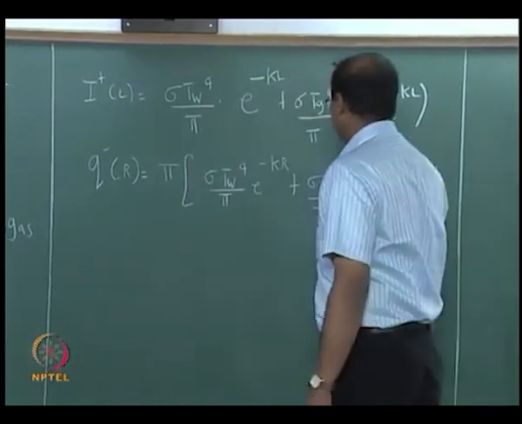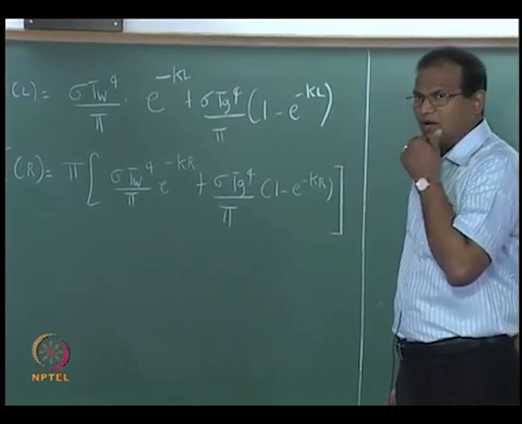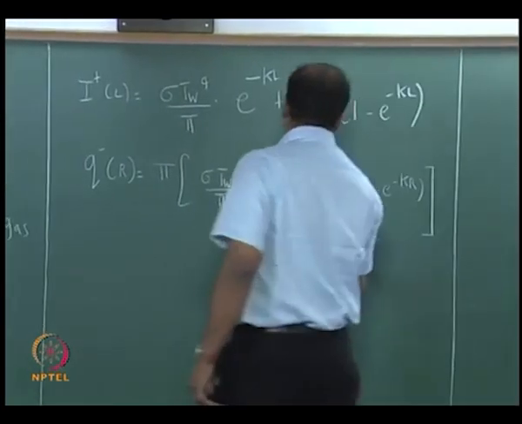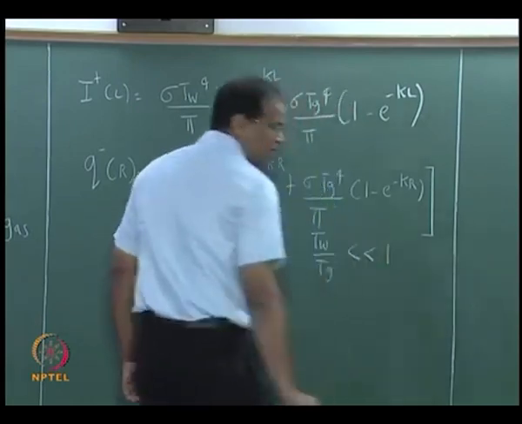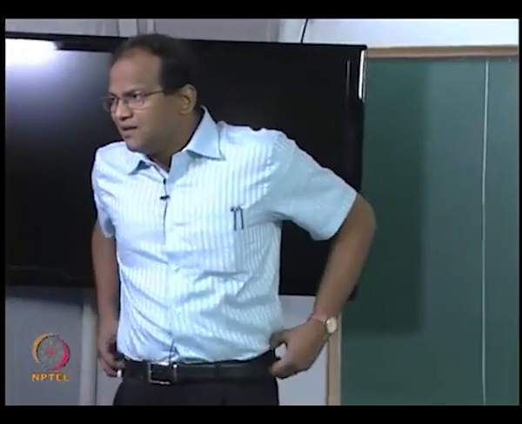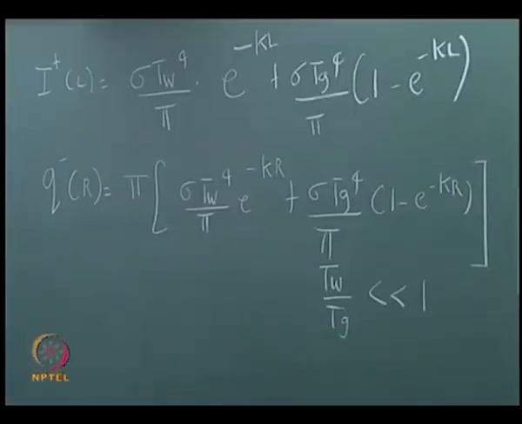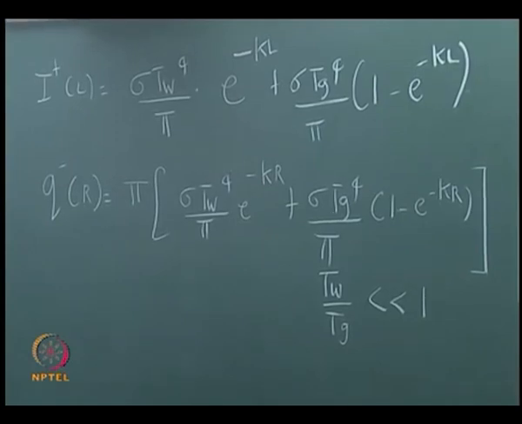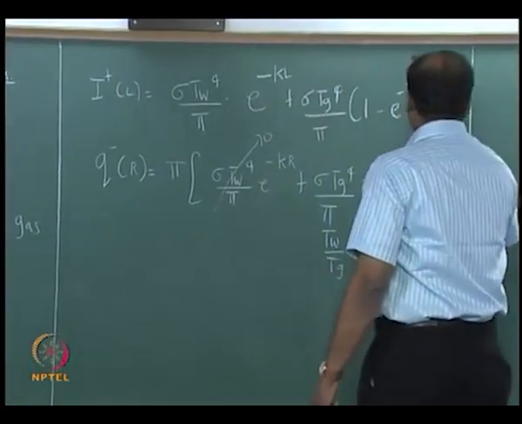Now it is possible for me to cancel the pi, right. One more thing I am going to do is assume Tw by Tg is much less than 1. It is a gas which is contributing more to the radiation. Tw may be at 300 Kelvin, the gas may be at 1500 Kelvin, it may be hot combustion gases, the walls are not very hot. Then what can happen to the first term? You can knock it off. So this will now become